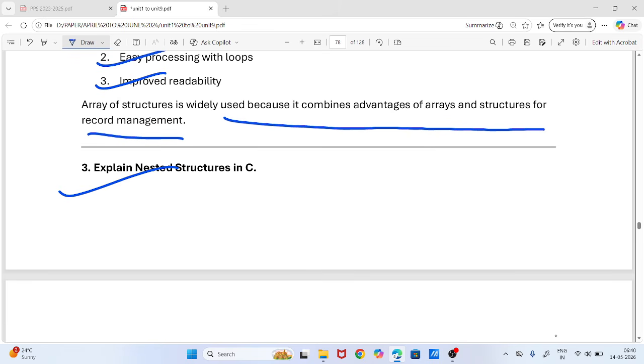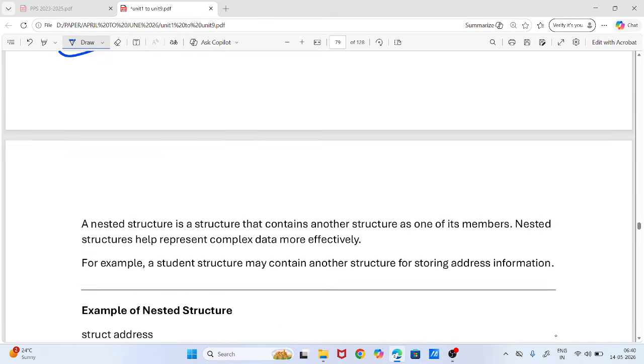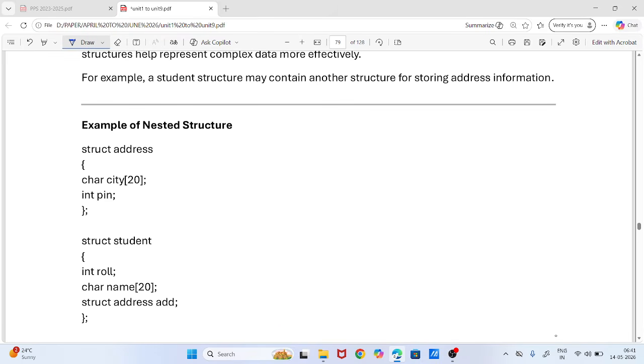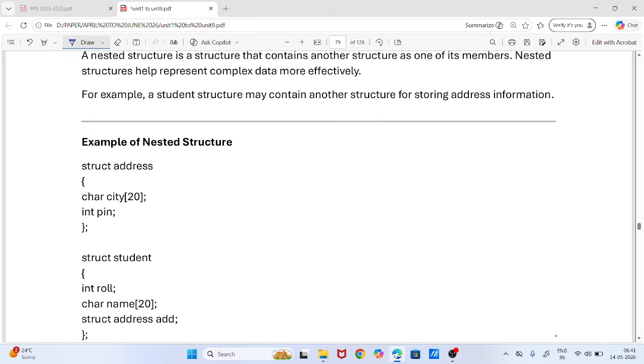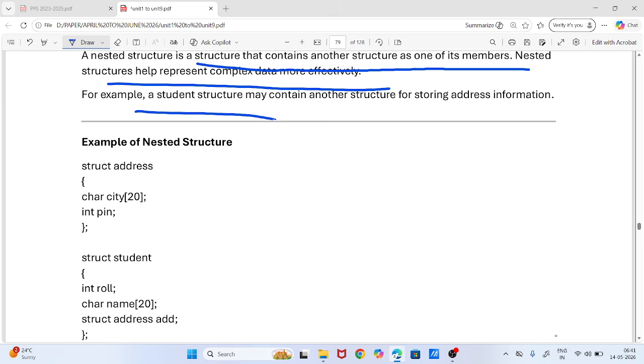Nested structure in C. A nested structure is a structure that contains another structure as one of its members. Nested structures help to represent complex data more effectively. A student structure may contain another structure for storing address information. Example of nested structures: struct address { char city[20]; int pin; }; then struct student { int rollno; char name[20]; struct address